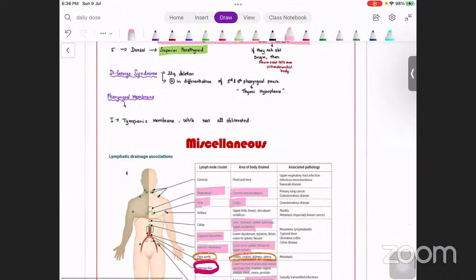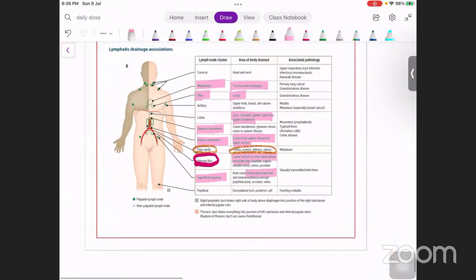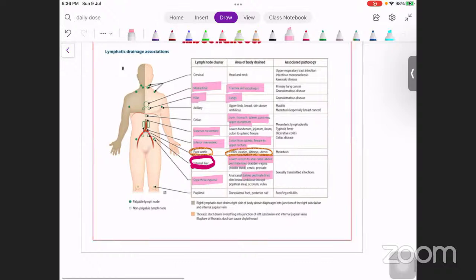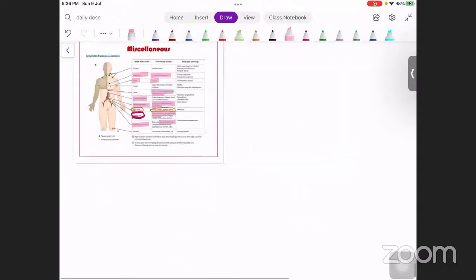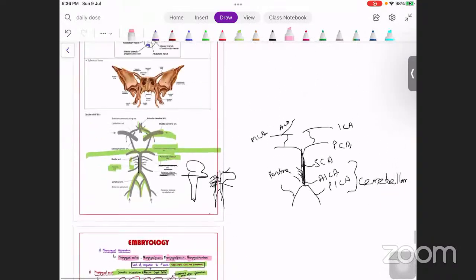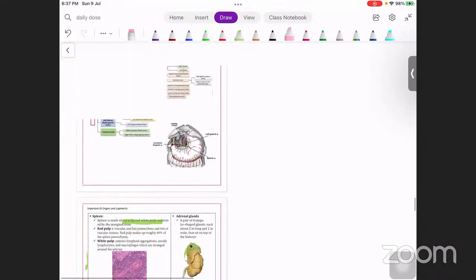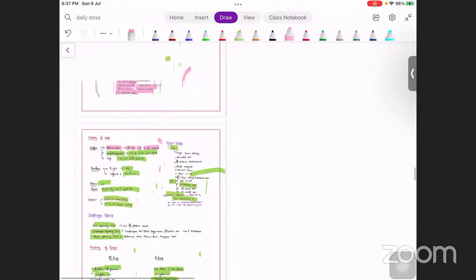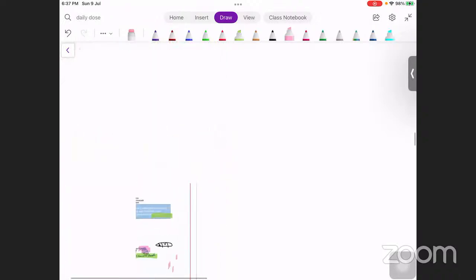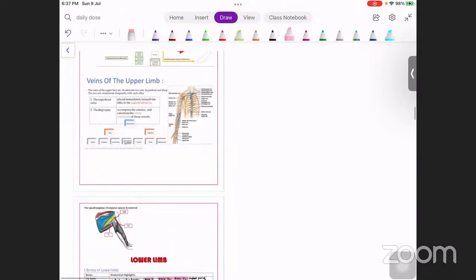Okay, superior laryngeal nerve. Among the lymph node drainage: para-aortic for testes, ovaries, kidneys, and uterus. Internal iliac for lower rectum above the pectinate line. Superficial inguinal for lower rectum below the pectinate line. Very, very important. Okay, below the pectinate line. These are the important things you have to know in terms of your anatomy. Everything mentioned here is pretty high yield, and everything you have to know, people. So don't miss it and learn everything in the anatomy.